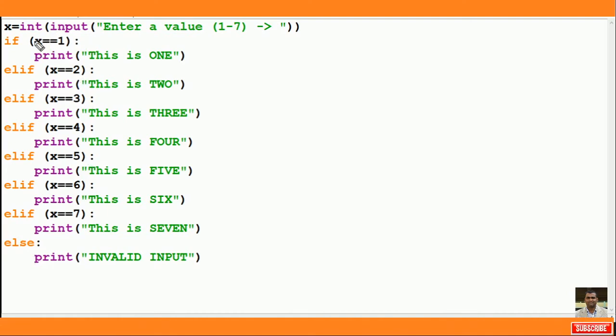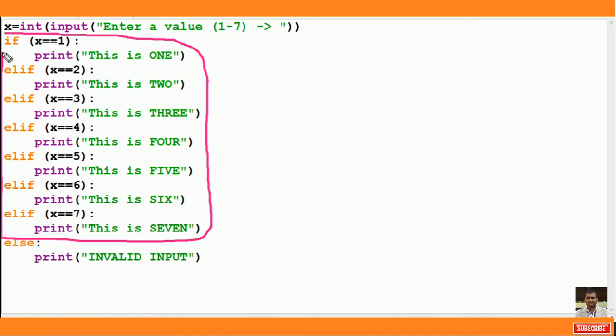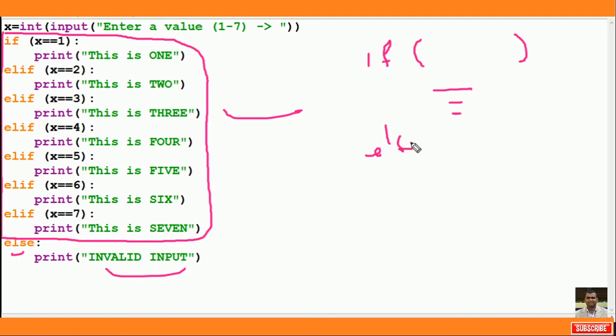So these possible values I am going to combine all together in one if, supplied by elif. So this is one unit, and this if is going to have its else part, print invalid input. This is something very different from the other structure. There, we write a condition, then the true statement, then else, then the false statement. Here, in the true part we are giving multiple possible values by using the elif command.